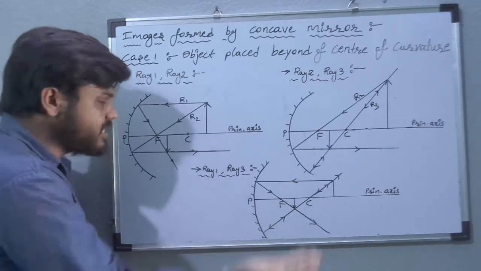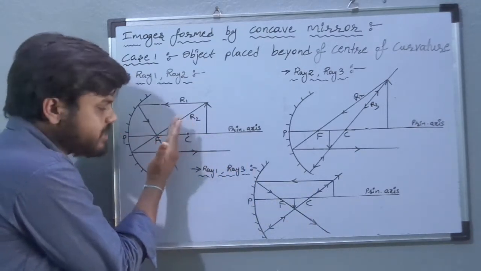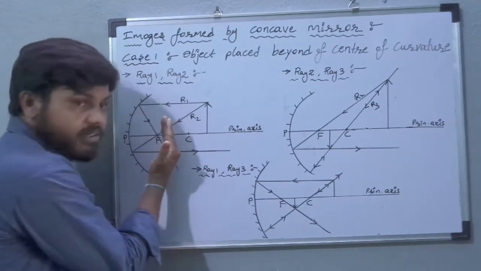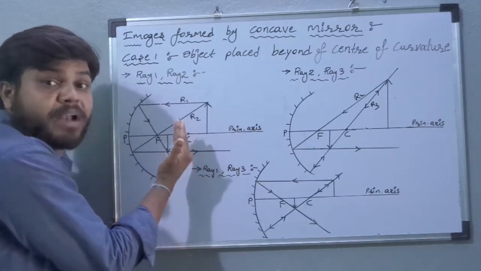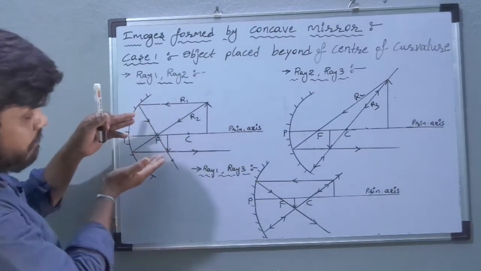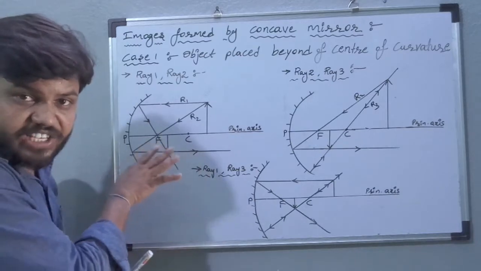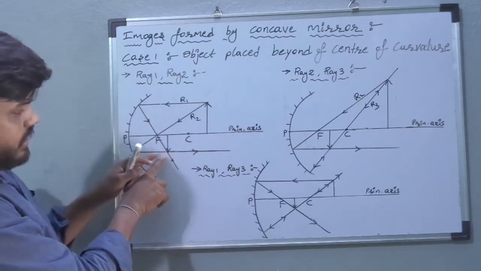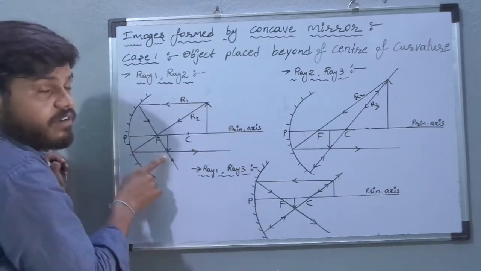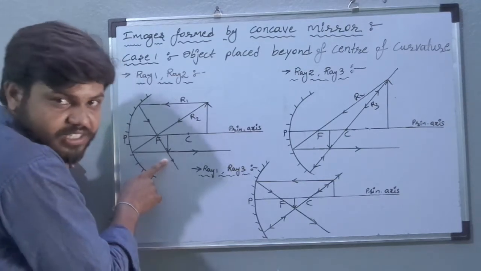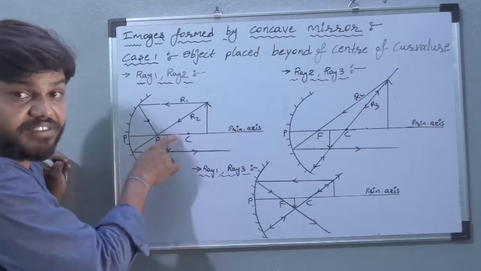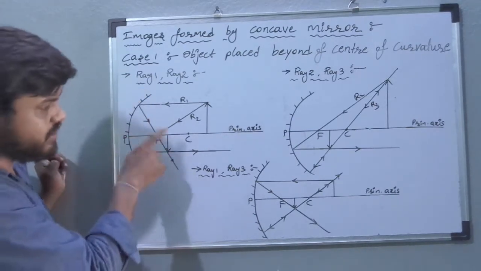See, if you place the screen at this intersection point, we can see the image clearly. If you move the screen forward or backward, we get a blurred image. So, by looking at this, we can easily say the nature of the image. The image size is smaller than the object size. So, which image did we get? A diminished image, and the image is inverted. We got a reverse, meaning inverted, image.